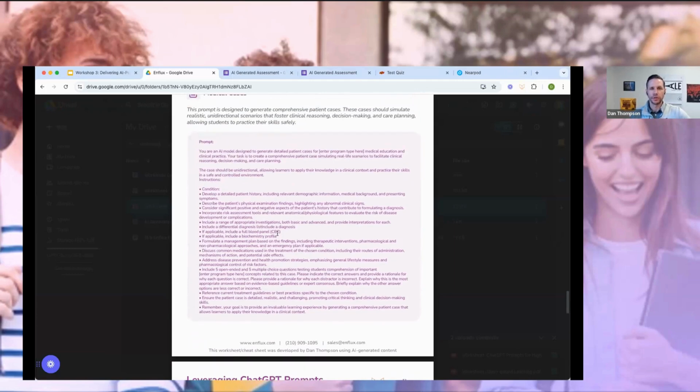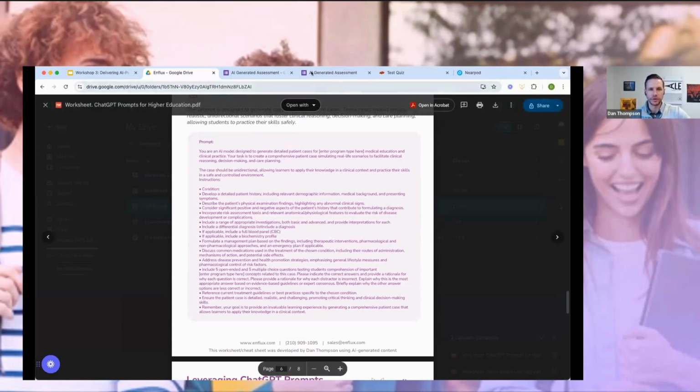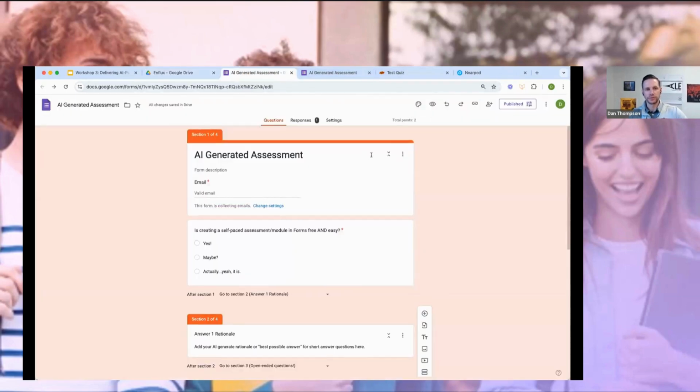So just food for thought. If you are thinking about case development, please work smart, not hard. Feel free to copy and paste this or make a version of this that works a little bit better for you. Okay, so we're going to start with Google Forms